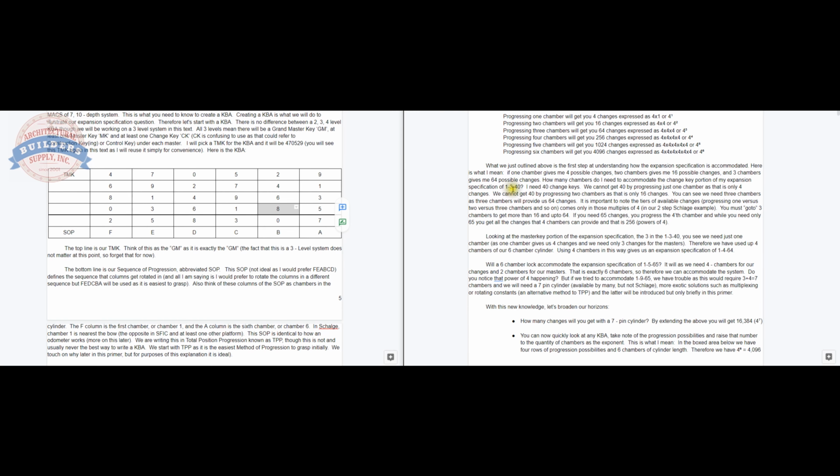Of 1340, I need 40 change keys. We cannot get 40 by progressing one chamber. That will only give me 4 changes. We cannot get 40 by progressing 2 chambers. That will only get me 16. We can see that we need 3 chambers, as 3 chambers will provide us